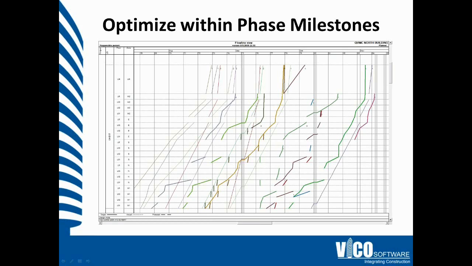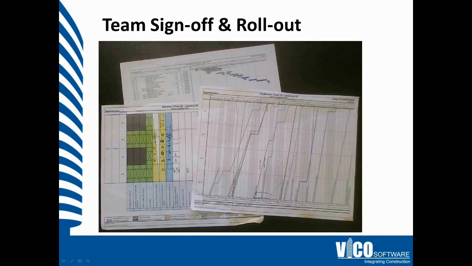And so the standard process on Vico's side is to target those phase milestones and optimize within the phase to reduce risk from your milestone dates to dates. Ultimately, after going through the optimization process with the team and evaluating the opportunities we have, maybe implementing some and then not implementing others,